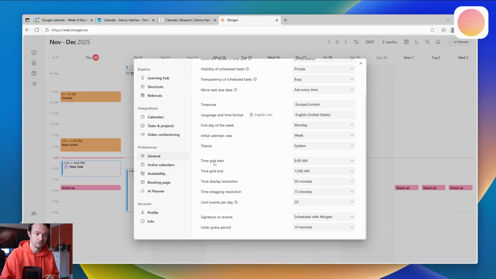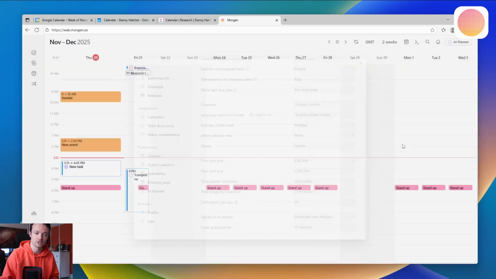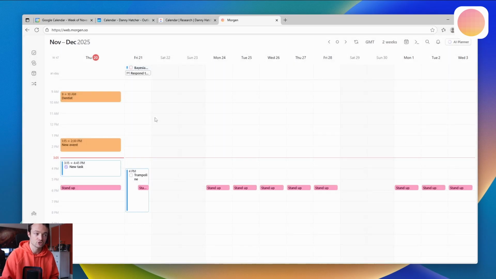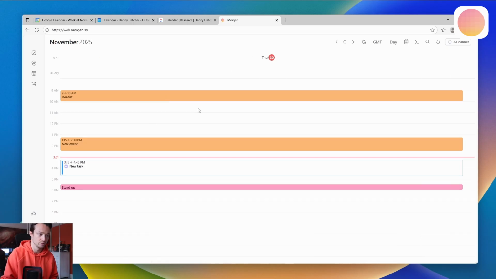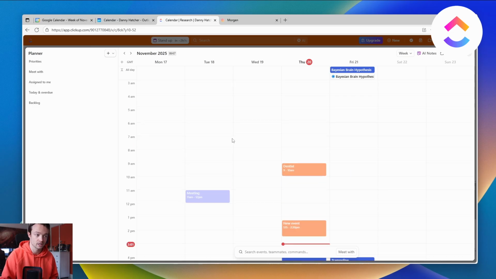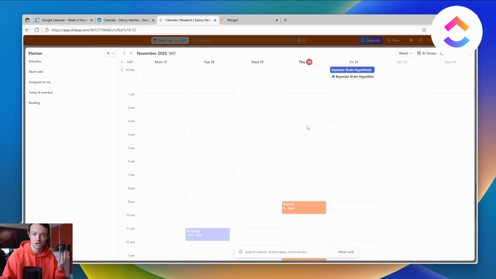And a setting that I really like and use is the time grid start. So you can see it's starting at 8 and finishing at 12. So it doesn't actually let me scroll backwards until 8 o'clock. So if I go to the day view, you see it starts at 8 and finishes at 12, whereas inside of ClickUp, I can scroll all the way to while I'm sleeping,